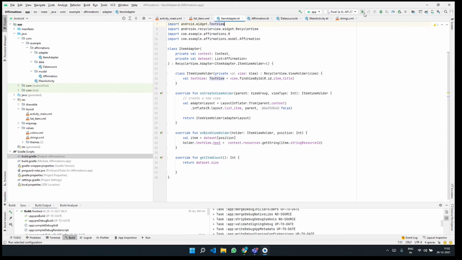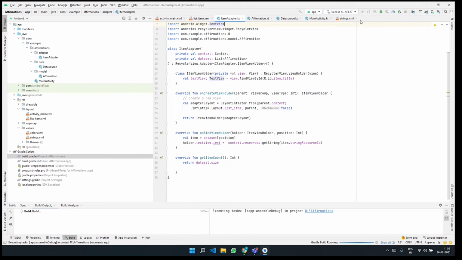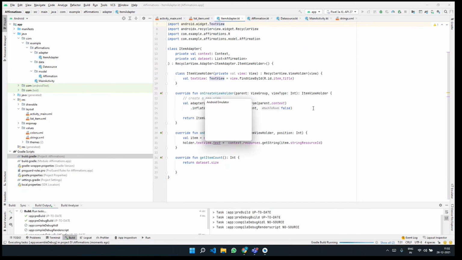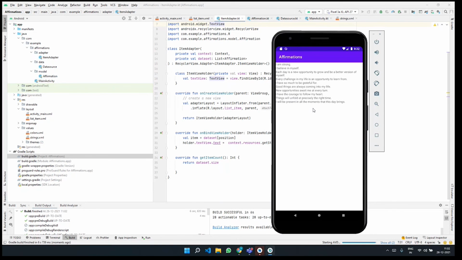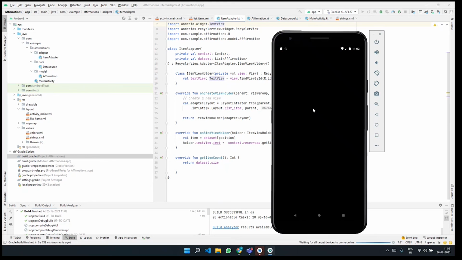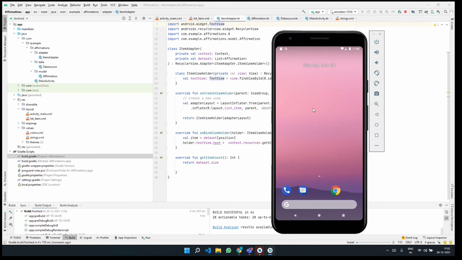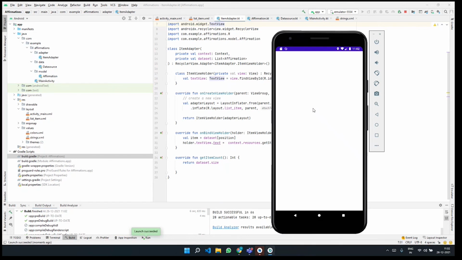So you can run the app to build the entire affirmations app. As you can see, the build is happening, and the build was successful here.